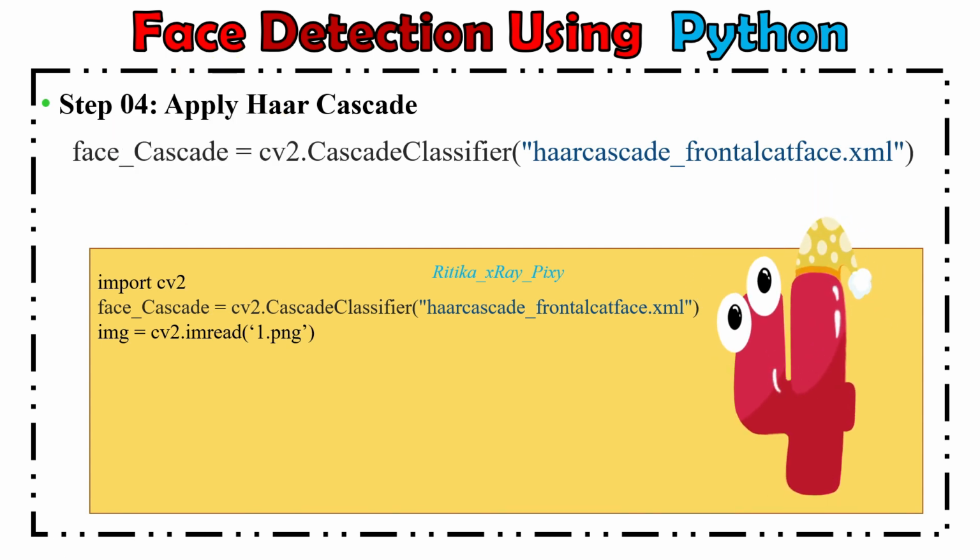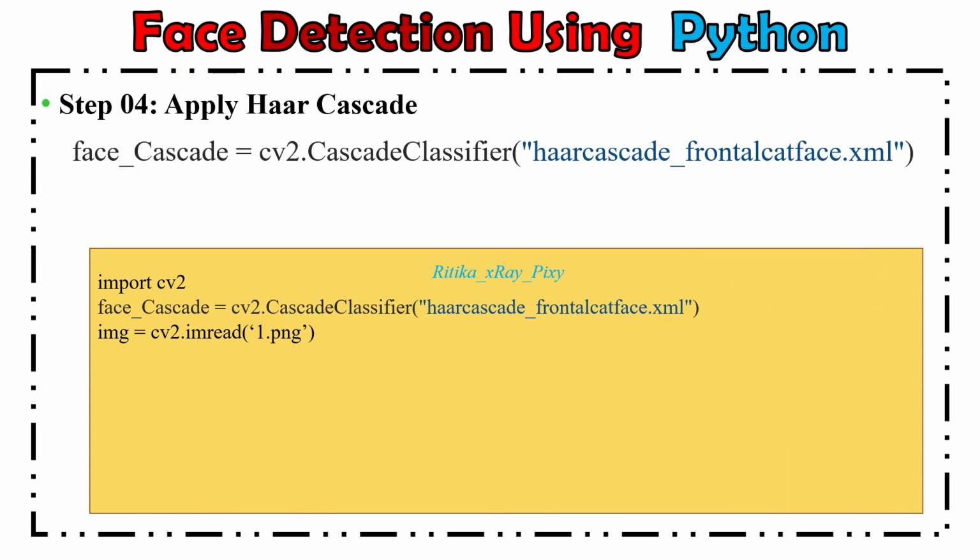Now as we want to perform face detection on this digital image, we will apply the Haar cascade. Here we will use this Haar cascade file. Here you can see we are using this for the frontal faces. You can download this file, then locate this file in the same folder. We will write the code so that we can easily access it. Haar cascade is trained on a large face dataset, so there is no training required. So we can simply apply this. Just download the file, then keep it in the same folder, and load the file.